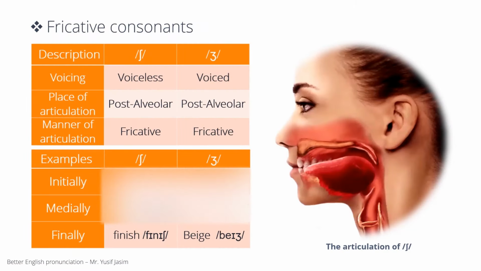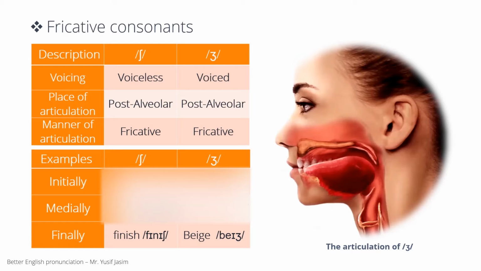Sh and zh. These are produced when the tongue touches the area just behind the alveolar ridge. Hence, they are called post-alveolar. To produce sh or zh, the soft palate is raised so that all the air is forced to go through the mouth. There is a narrowing between the tip of the tongue and the back of the alveolar ridge, and this narrowing will cause friction. Since these sounds have friction, we will call them fricatives. To describe sh and zh, we will say sh is voiceless post-alveolar fricative. Zh is voiced post-alveolar fricative. Pay attention to the figure and notice how these sounds are articulated.